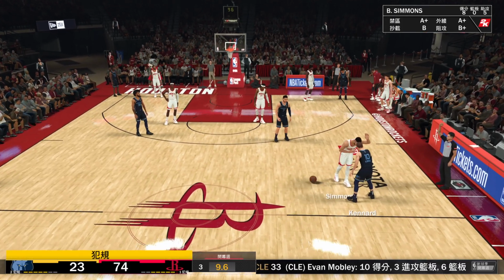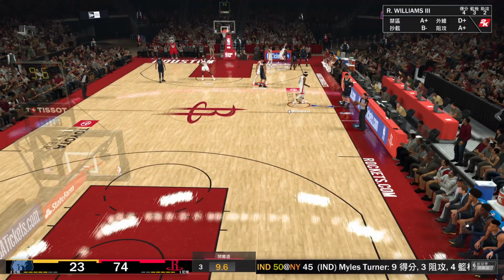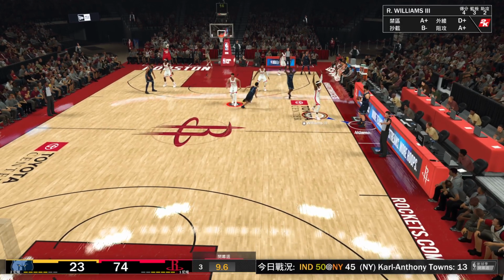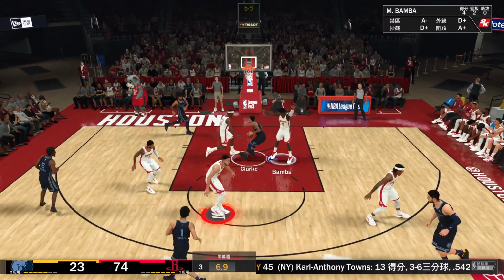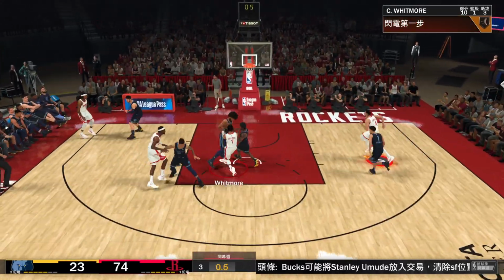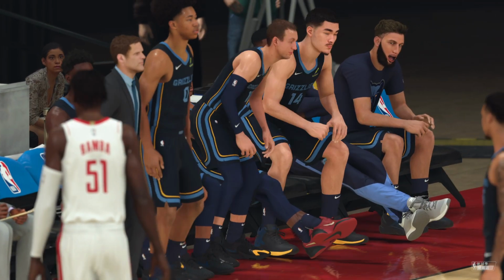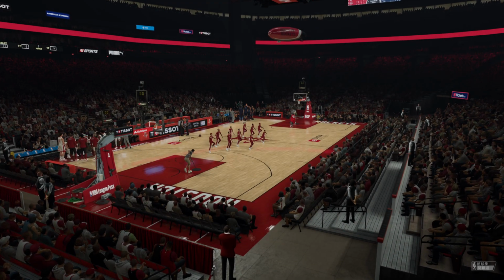Simmons against Kennard. And there's a whistle, and that's going to go on Simmons. That'll be his second foul of the game. First team foul. Checking in for the Grizzlies, Pippen. 9 seconds left here in the third quarter. Here's Clark. Bamba with the block. Here's Whitmore. It's off. And so it's Houston, enjoying the kind of gigantic lead you almost never see. Their defense has been terrific in this game. And we'll be right back